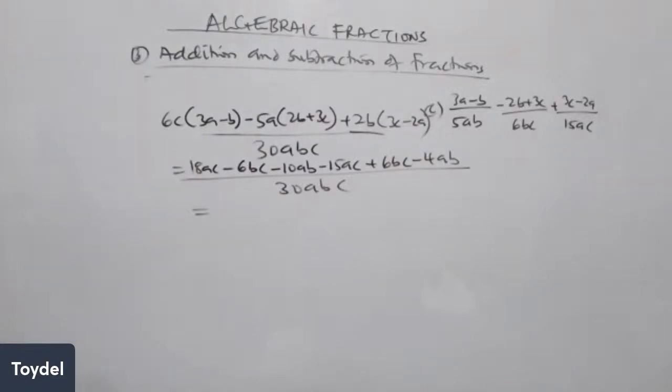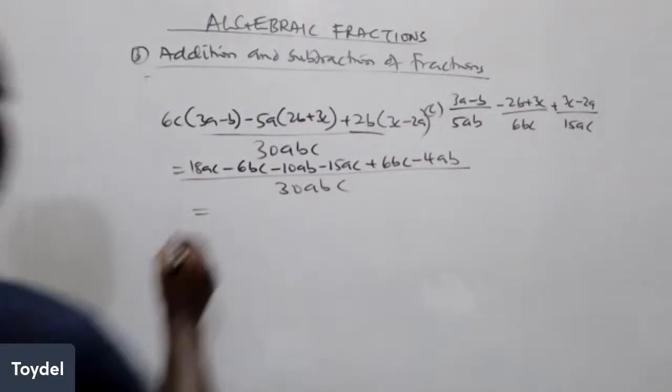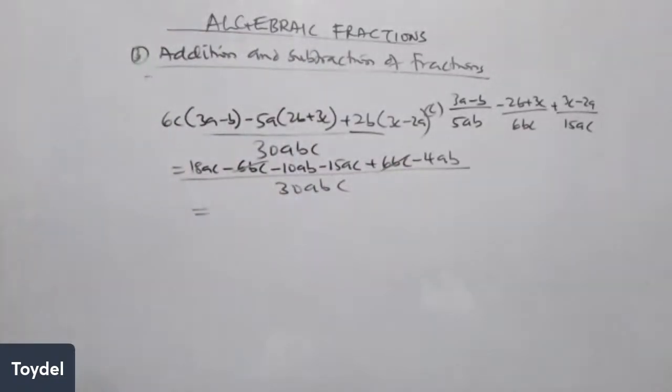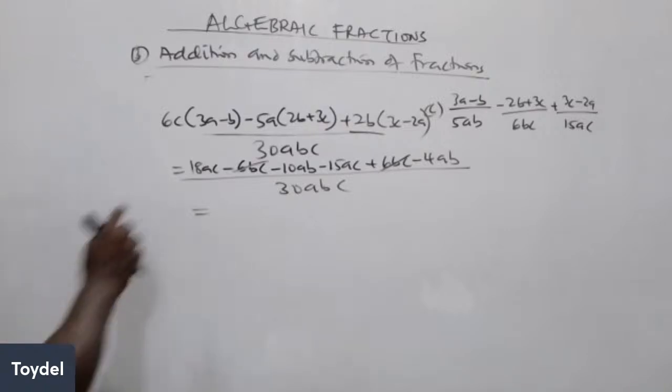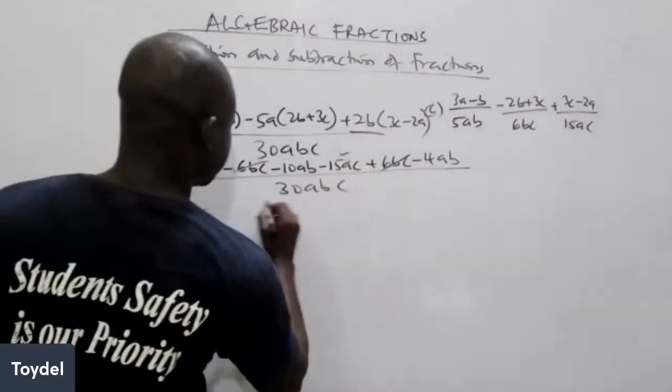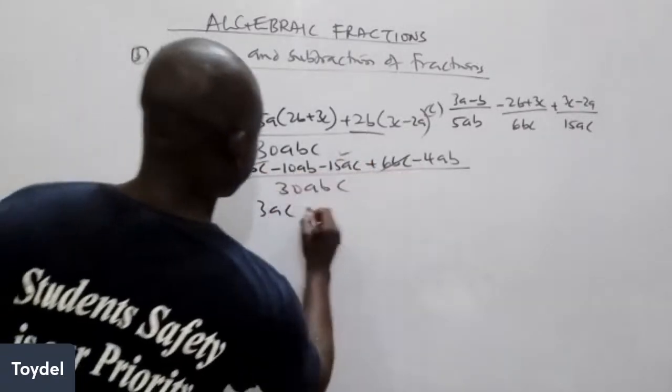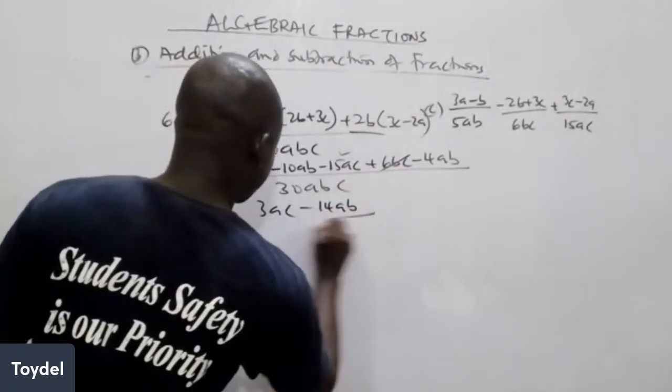Minus 6BC can cancel 6BC. Then 18AC minus 15AC, that's 3AC. Then minus 10 minus 4, minus 14AB, all over